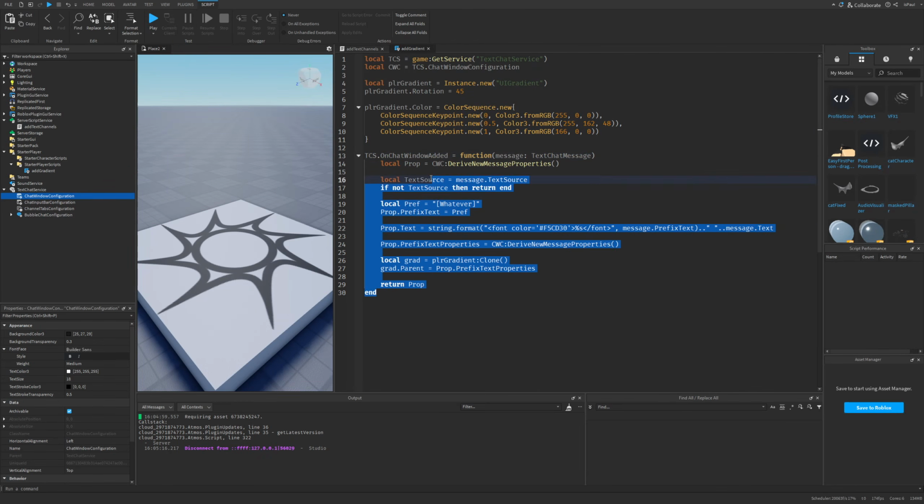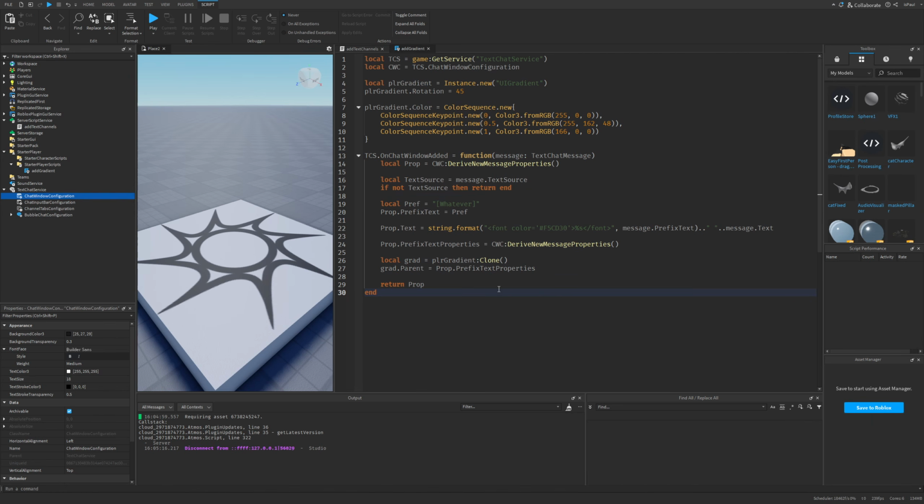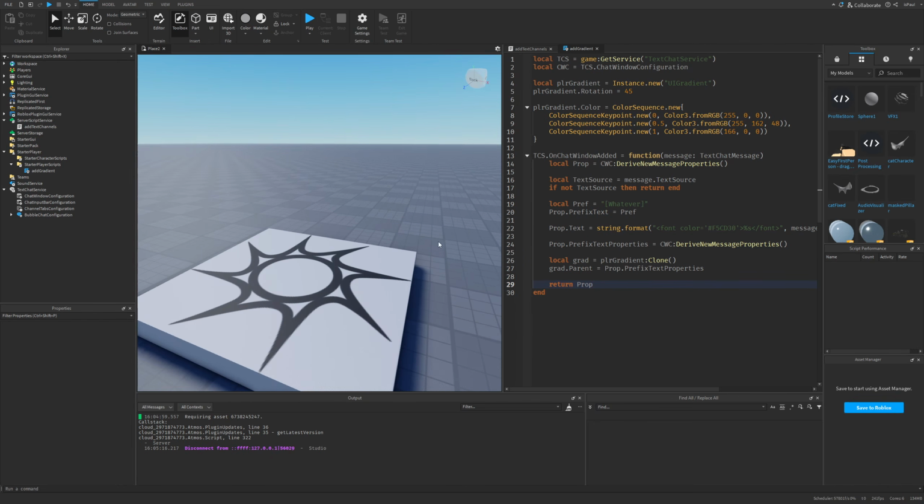But yeah, overall in this function you will check if, for example, the player, who's going to be the text source, is maybe like a VIP in the game and assign the gradient or the prefix to them. And I get it if this is going to be a little bit complicating for some people, because well, it was definitely for me. But anyways, right now I'm just going to do a quick Devforum overview,